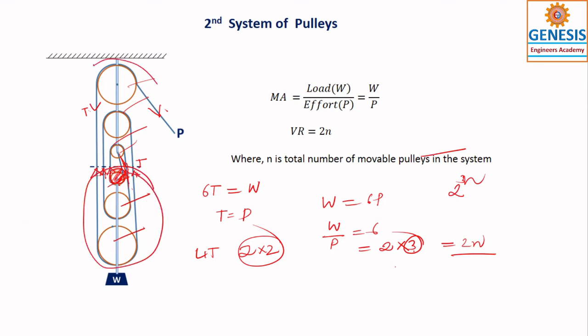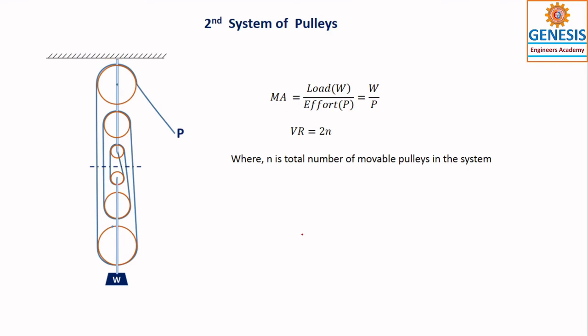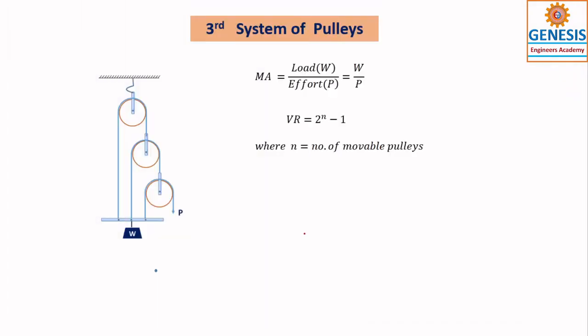So this is movable set system and this is fixed set. This is the second set of pulleys. In the problems, they will simply say that in the second system of pulleys, the number of pulleys in the fixed set is 3 and the number of, we don't bother about this one. So that is to connect this one, we use this. Otherwise, the string may not go in sufficient way or required path. Okay, so that is about the second system of pulleys.